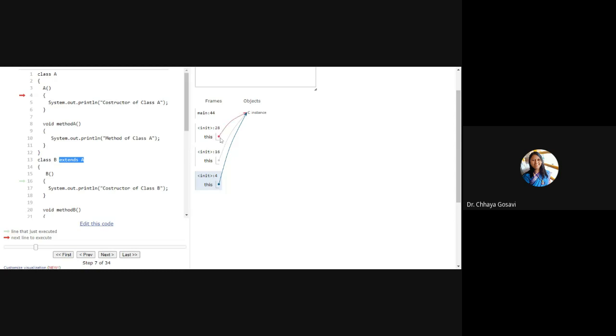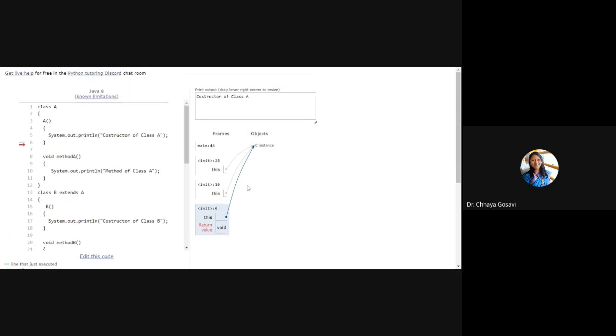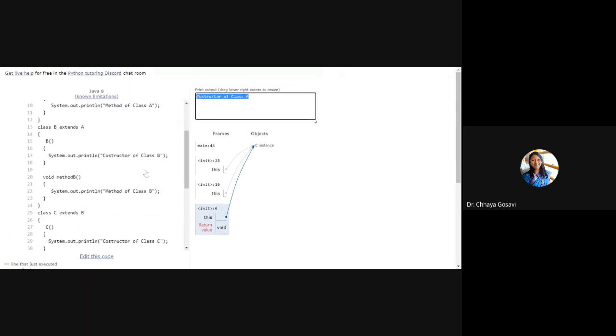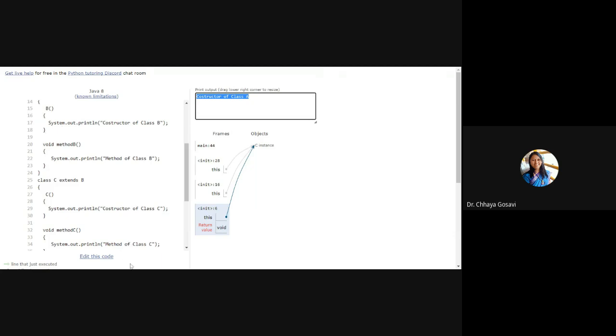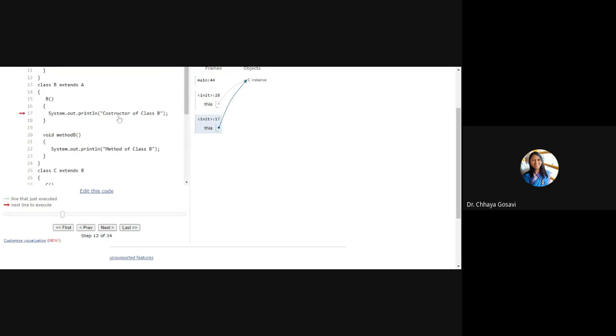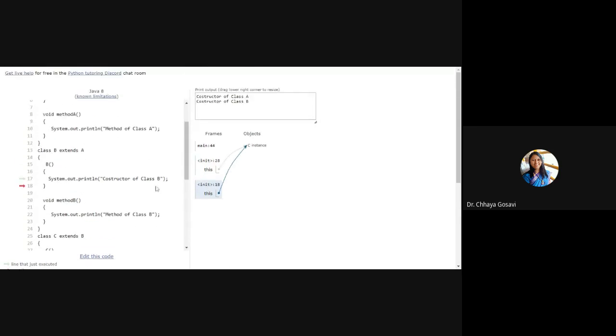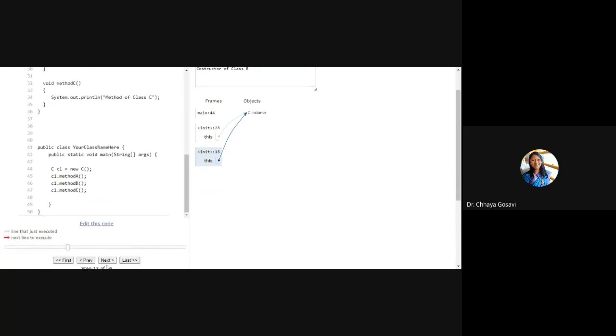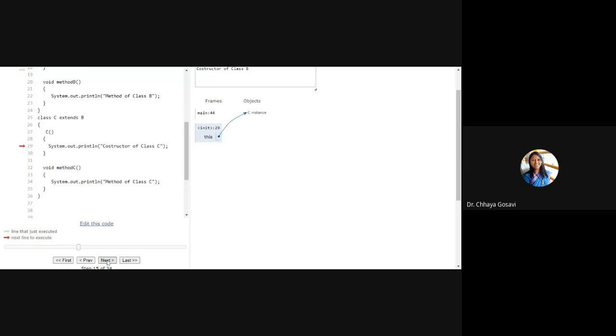So this is class C, this is class B, and this is class A. The first constructor to get executed is that of the base class, class A, so it will display constructor of class A. Then control will return to class B's constructor, it will display constructor of class B, and then it will display constructor of class C.